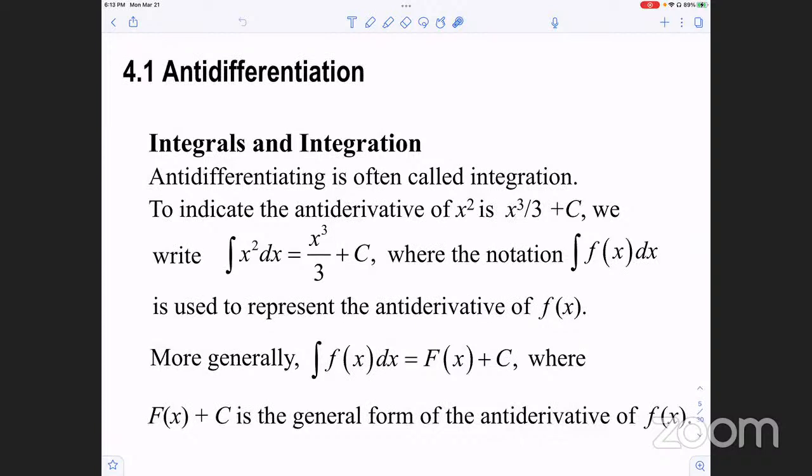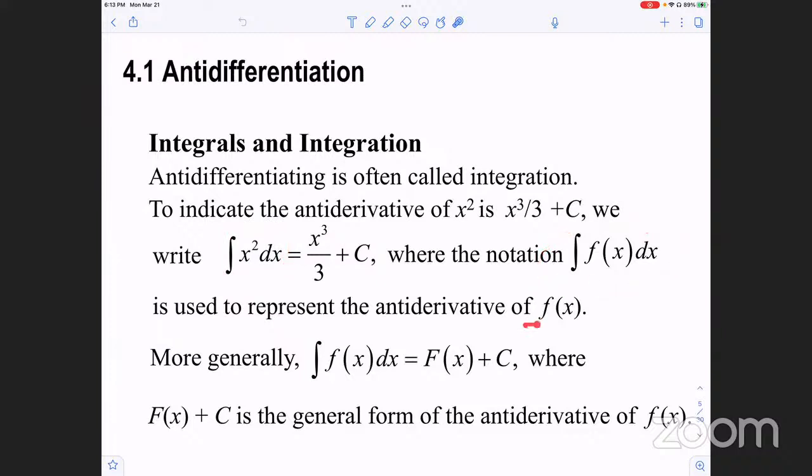So integrals and integration, antidifferentiating, is often called integration. The antiderivative of x squared is x cubed over 3 plus c. We write the integral of x squared dx is x cubed over 3 plus c, where this notation is used